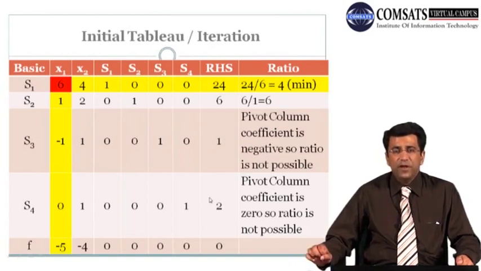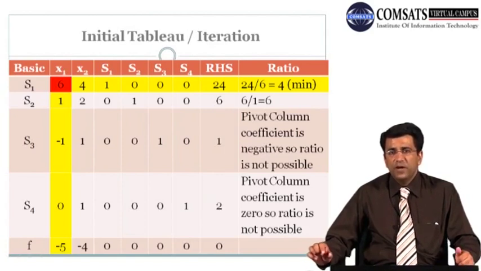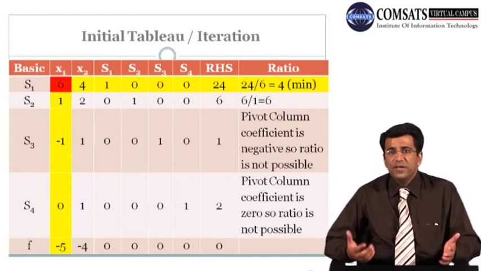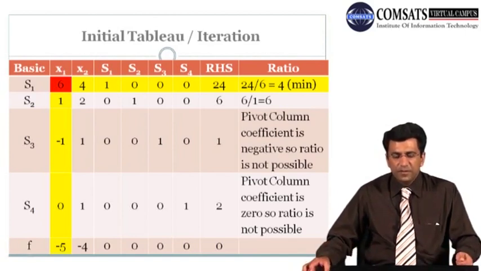So as the next step, we'll have to find out the pivot column, pivot row and pivot number. But before identifying these things, we'll have to find out whether we are able to find some optimal solution from this initial tableau. For that purpose, we will have to see the coefficient values of this objective function. Again, we have already put the objective function in this table.